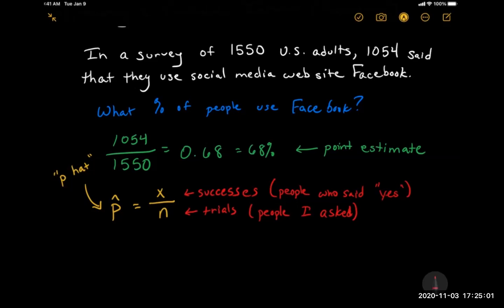But if my 1,550 people are representative of all people, meaning if I randomly selected a group of people, so I didn't survey 1,550 people all in the same town, for example. I randomly got people all over the world, 1,550 of them, and asked them, and 68% of those people said, yes, I use Facebook, then I think it would be reasonable for me to assume that about 68% of